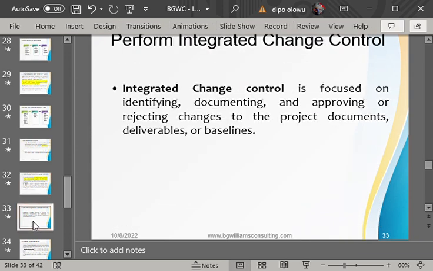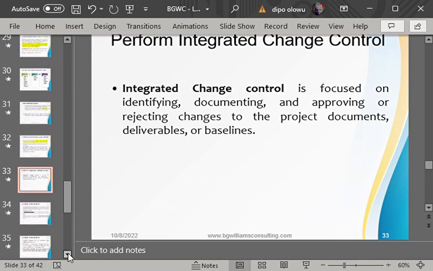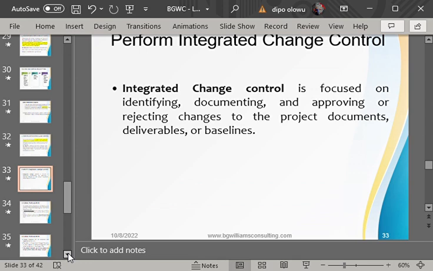Is there a body that is responsible for carrying out this change? Yes, sir. That body is what we refer to as the Change Control Board. We refer to it as the CCB.